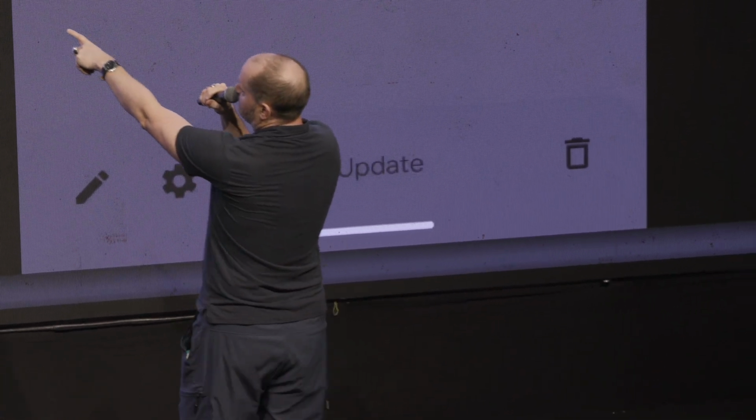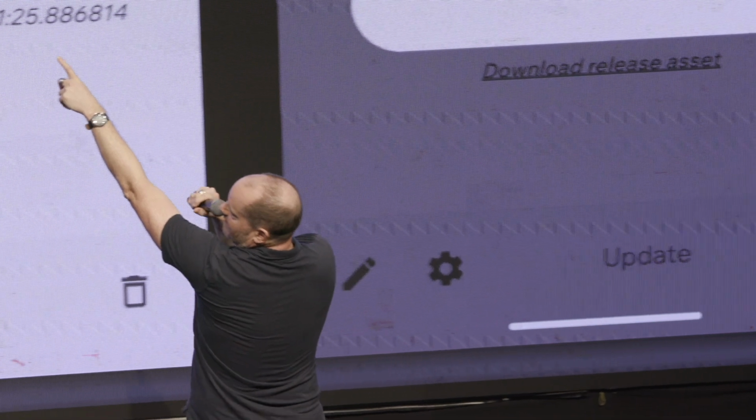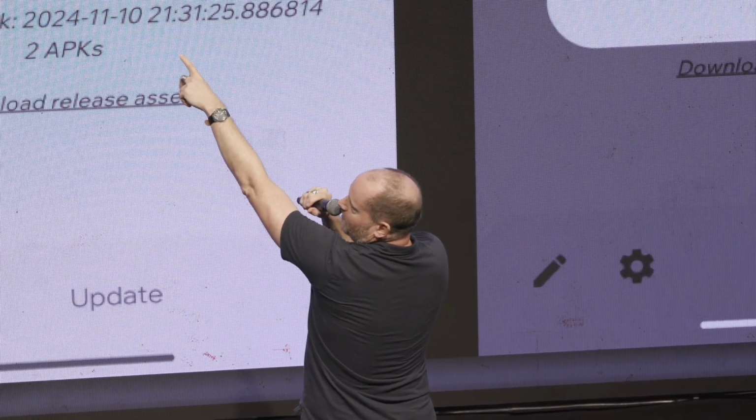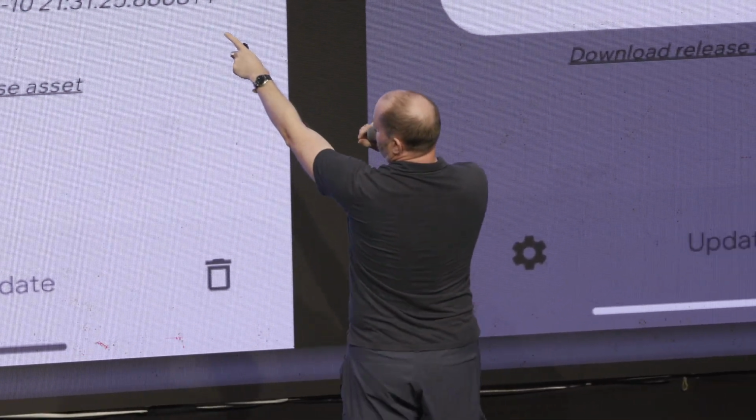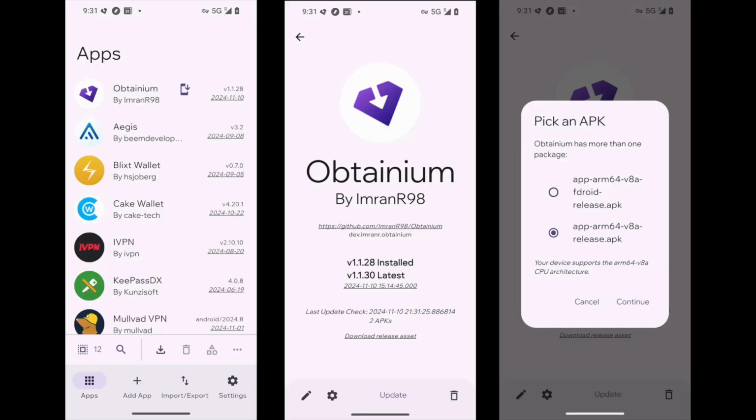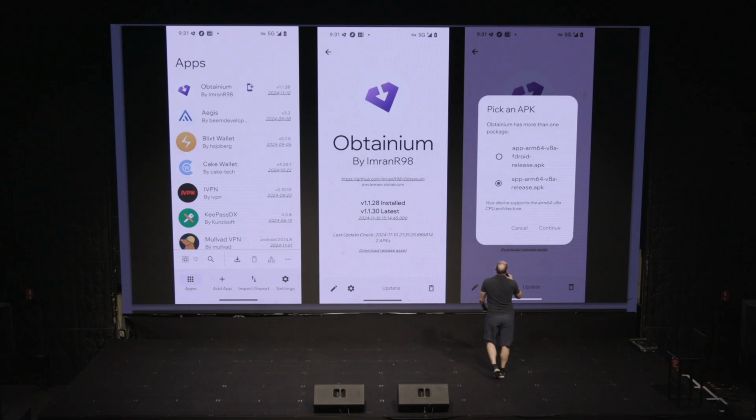And so here, for example, it goes, whoop, there's a new one for Obtainium, got the icon up there, because I've got 1.12 installed and 1.13 has come out. So here we go, click the update, boop. There's your APK, pick it, and off you go. So what you can have with Obtainium is that same kind of experience of new releases coming in, is there an update? But none of this is going through an intermediary. It's just you to the app devs.